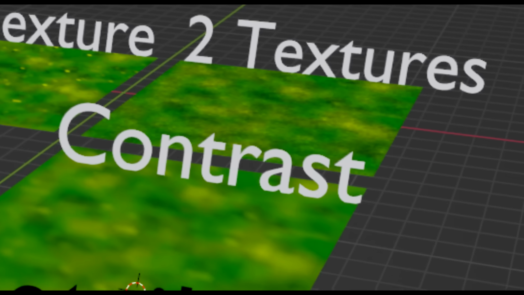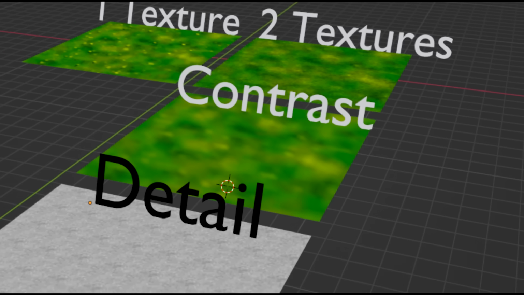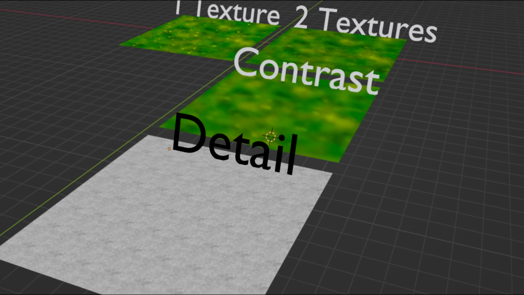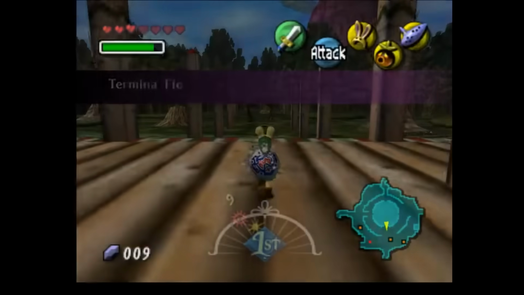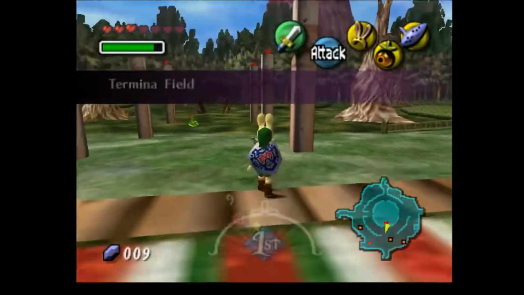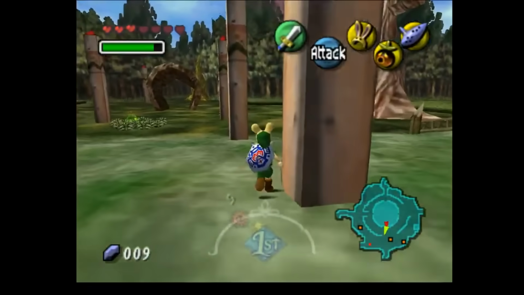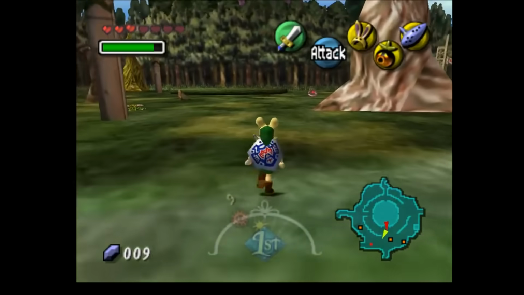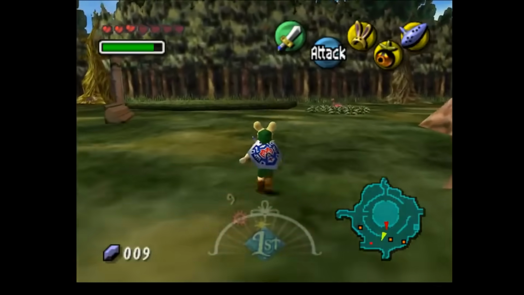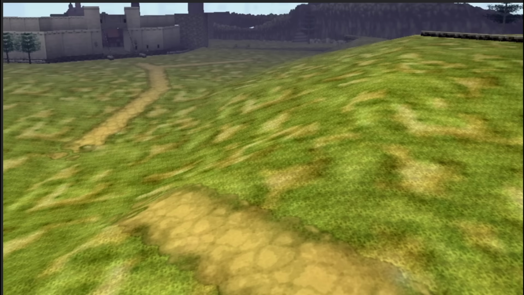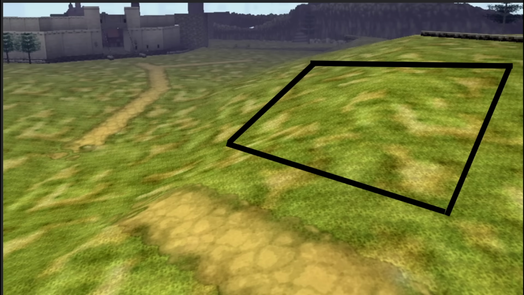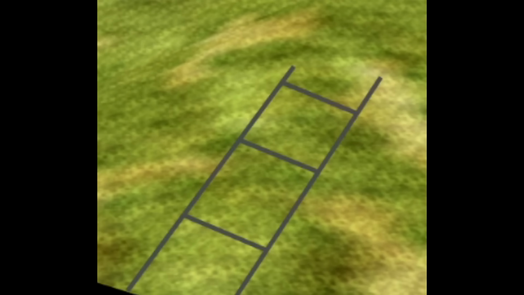This opens up the possibility of using one texture as a detail texture and another as a contrast texture, or any other combination you like to do. This technique is basically mandatory to make big fields look good, and Nintendo also used it whenever they had a grass plane in games like Ocarina of Time or Majora's Mask. If you look closely, you can see that there's one big grass color texture here and one repeatedly tiling detail